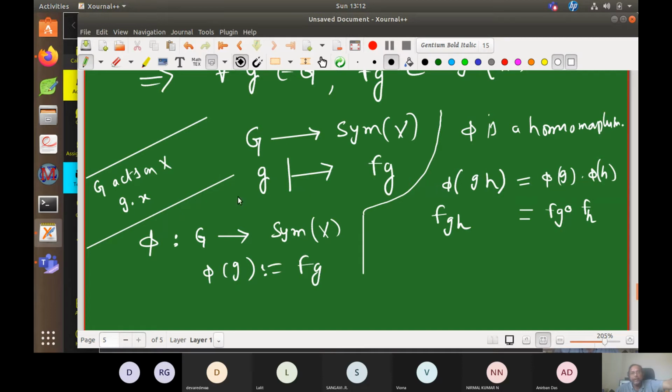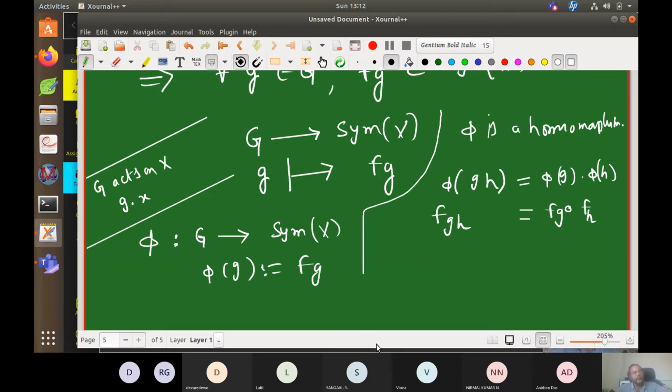All those things should be very clear to us. Because once I take phi, now I am in the symmetric group. The symmetric group is a set of all functions. So F_gh is a function from X to X, F_g is a function from X to X, F_h is a function from X to X. Between the functions there is a composition operation in the symmetric group. So now two functions are to be equal. Two functions are equal if they are equal at each and every point in the domain. Are you fine with that?